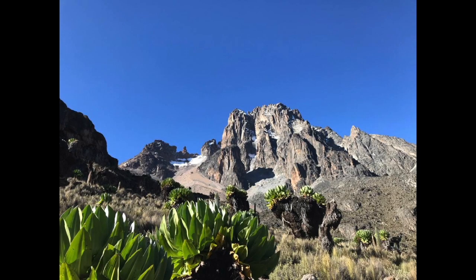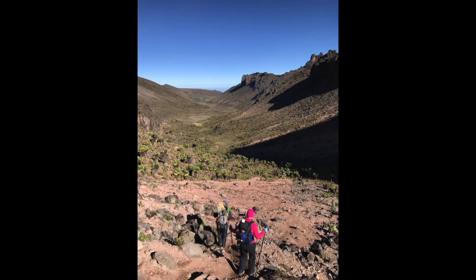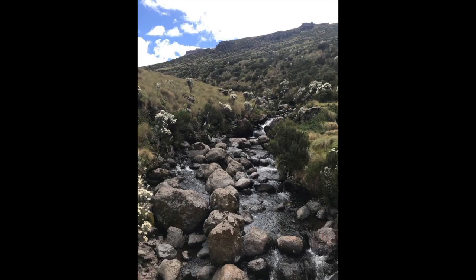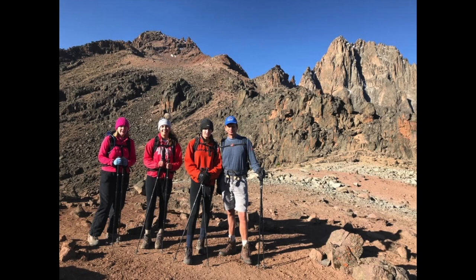This was 10 hours of going down steep cliffs, which proved rather difficult and saw most of us fall over a few times. It did end up flattening out, and we passed rivers and waterfalls produced by melting snow from the top of the mountain. This runoff provides water for at least 2 million people in the surrounding area. After a very long day going down, we finally reached the van and knew we had all succeeded in climbing